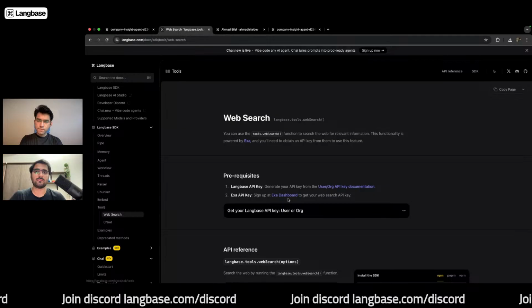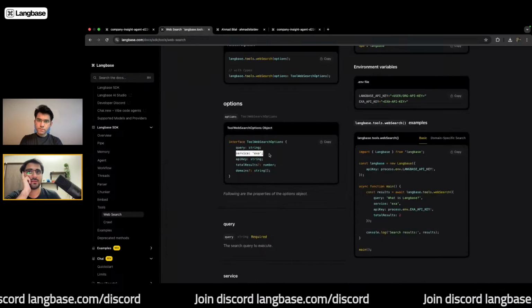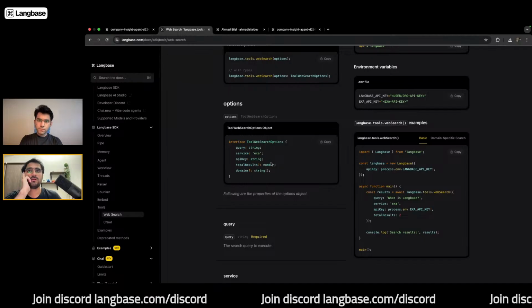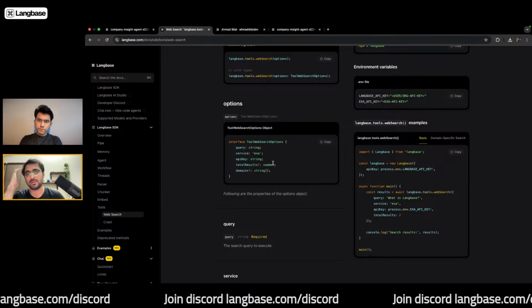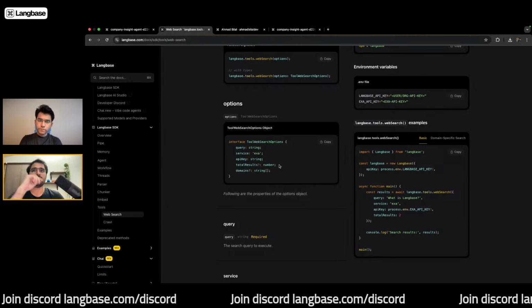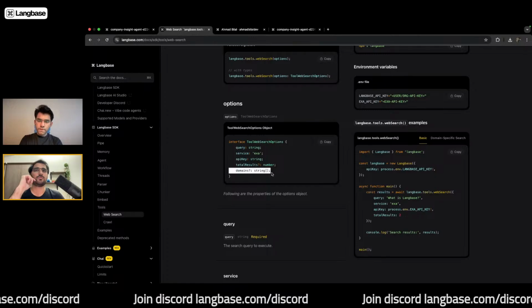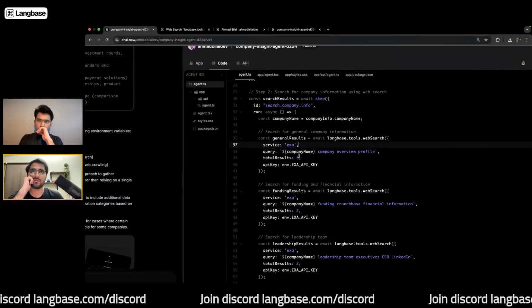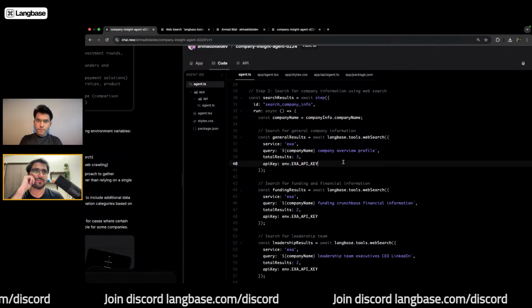It uses a service, which is currently Exa, and it also provides other options, like specifying the total results it should return, and selecting specific domains to search from. Here we only need a total of 3 results.